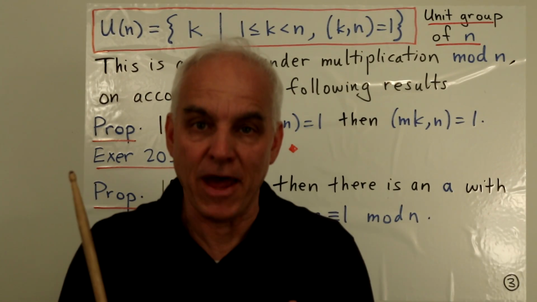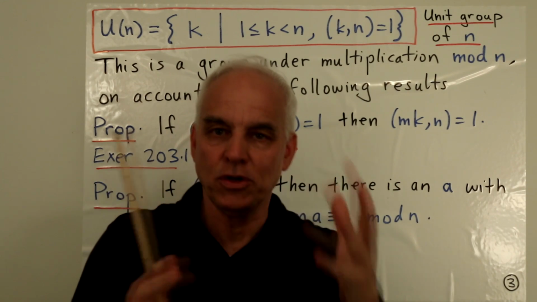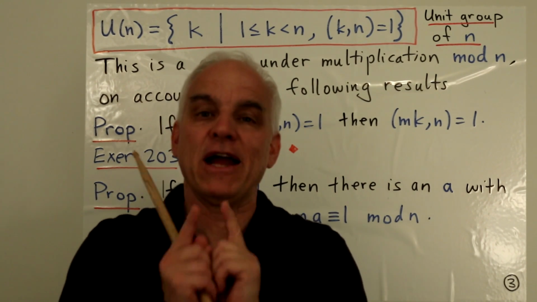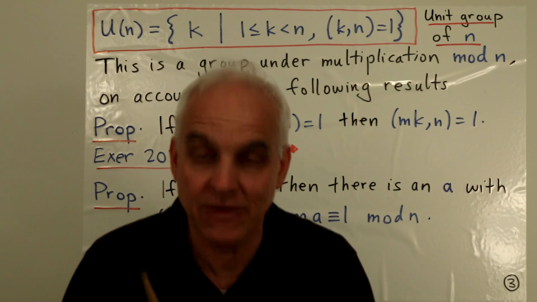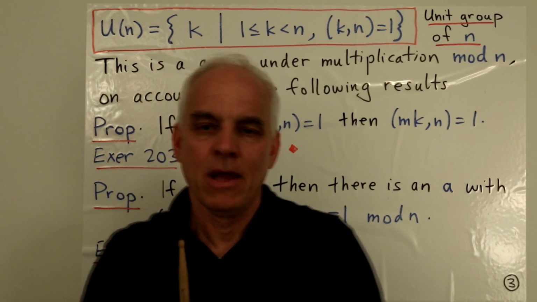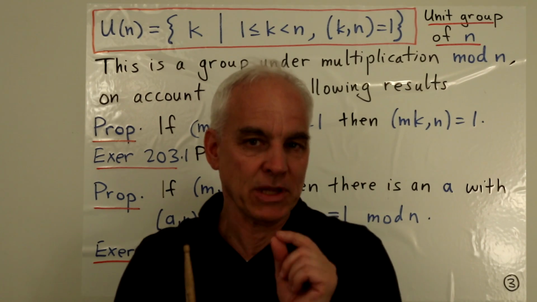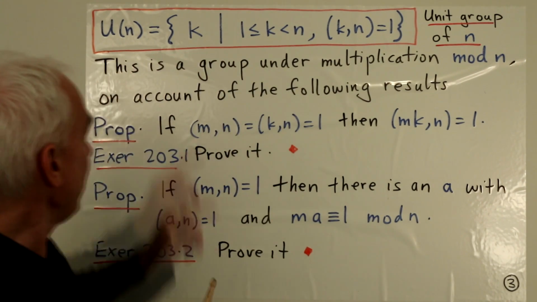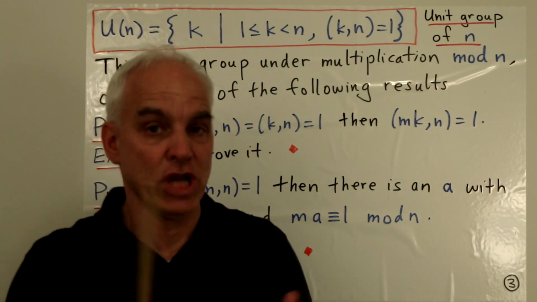Now, it's a lovely fact that this kind of unit group algebraic structure works not just for a prime number, but in fact for any number, even if it's composite. But for a composite number, we have to do something a little bit more special than we do for prime numbers. So here's what we do when n is a general number.